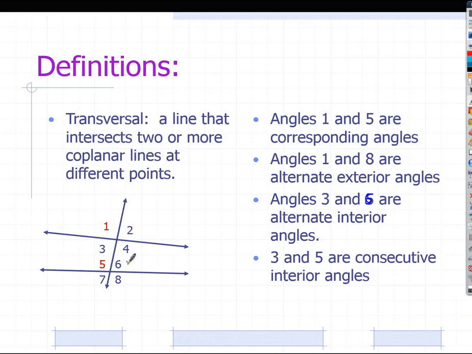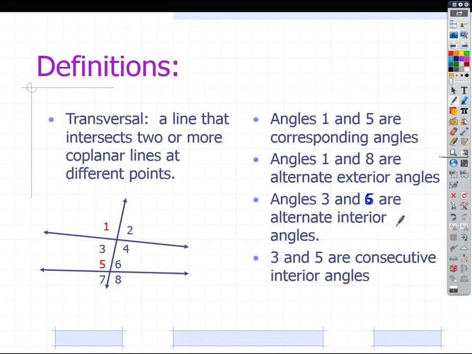3 and 5 would be, okay, consecutive interior. 1 and 7 would be consecutive exterior. Consecutive exteriors always get left out for some reason, but we want to give them a break. So you're going to help them out today in just a second here. You're going to show that they can be valuable too. We're not quite there yet.